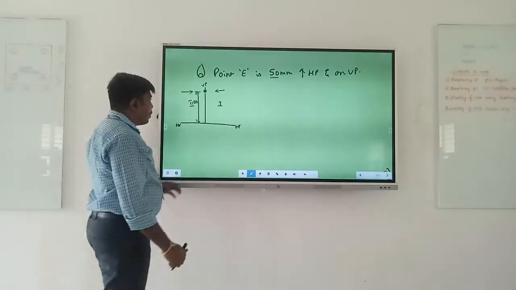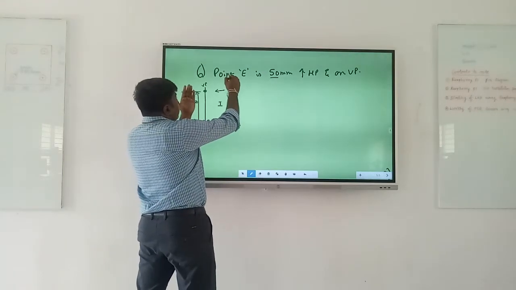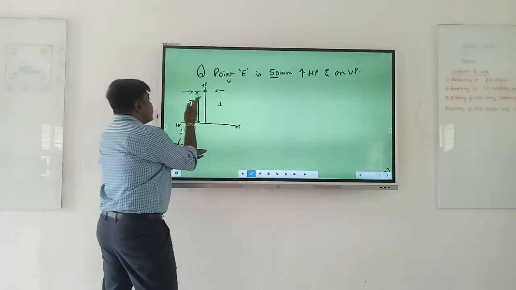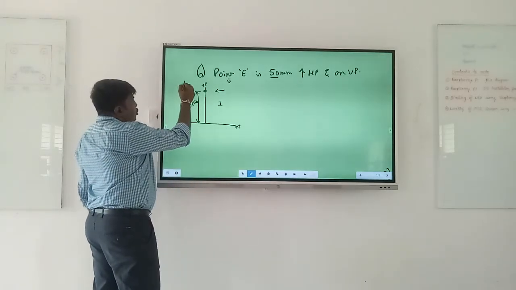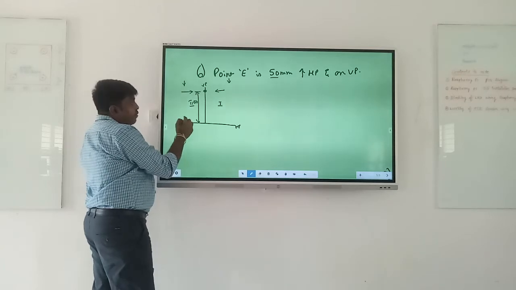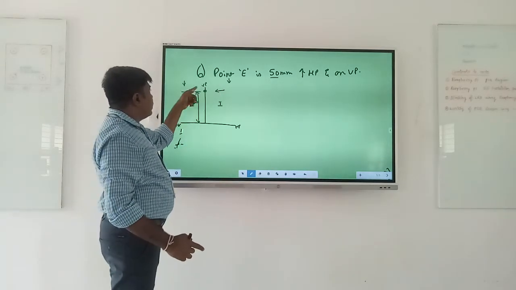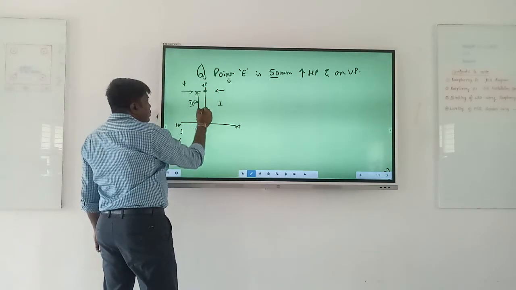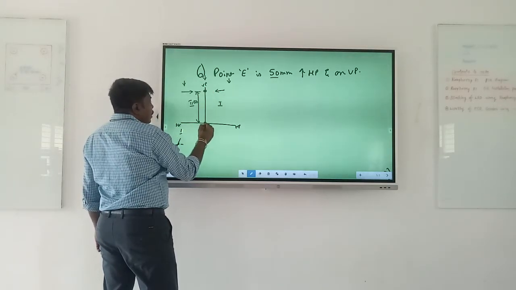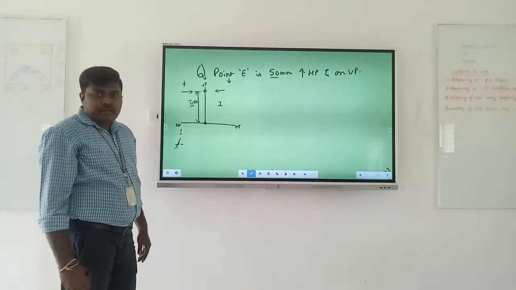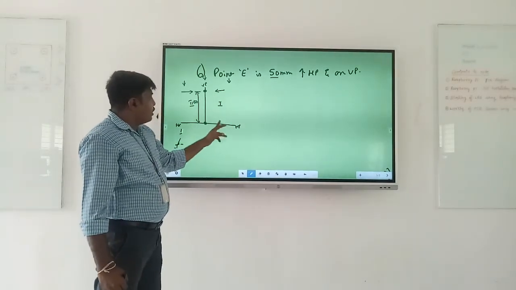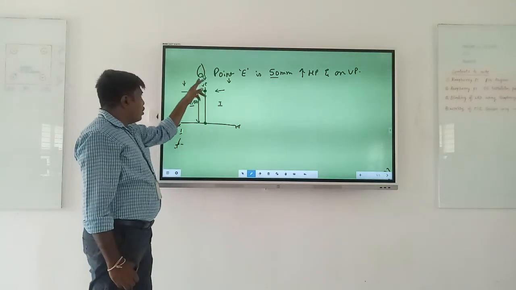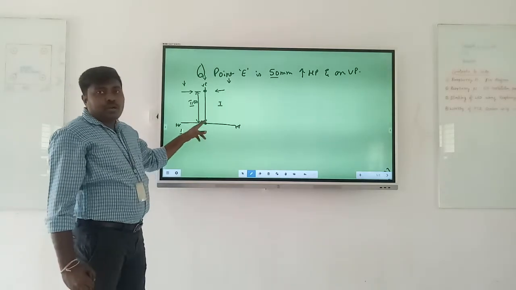Torch light from top. Suppose if it is a first quadrant problem, when I torch light from top, it would have fallen on the horizontal plane over here. Suppose if it is second quadrant problem, if I torch light from top, it would have fallen over here. Whereas now it is neither in front nor behind, it is on. So when I torch a light from top, where do you find this image? It would fall on the origin here. If it is in front, the top view would be over here. If it is behind, it would be over here. Now it is neither in front nor behind, so when I torch light from top, I will get it on the origin.